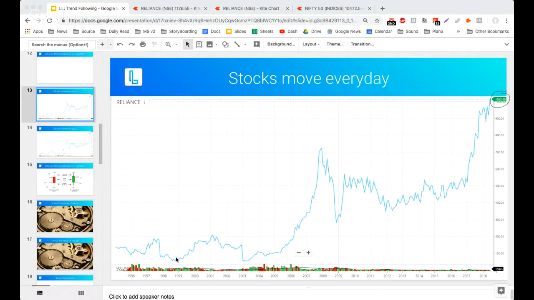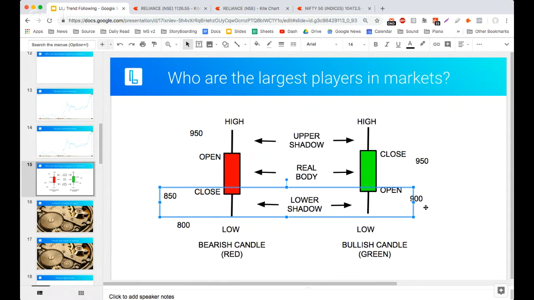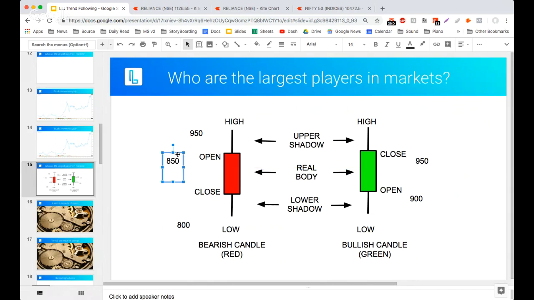All right. So you have this. So you have the open, high, low, close of the day. Now, can we show the open, high, low, close in just a line chart? No, you can't. And this is why we have something called the candlestick chart. Now look very carefully at how a candlestick chart is made. Okay. So a candlestick chart is basically tracking the open, high, low, and close of a day.